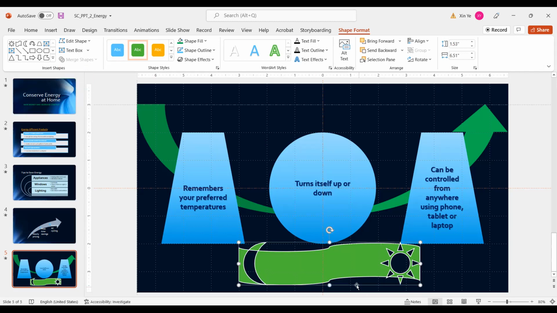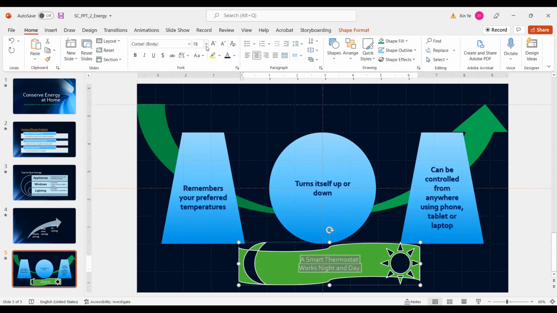Then you type the word smart. So we'll state. Press enter. Works night and day. And after that, you're gonna increase both lines to size 24. Okay, now